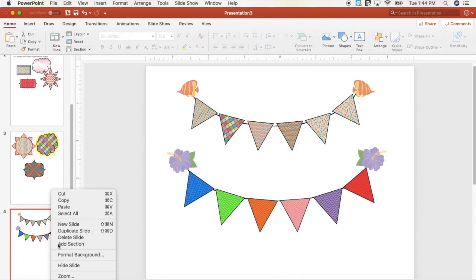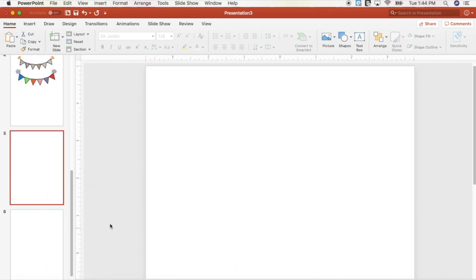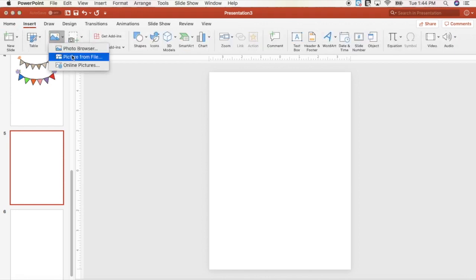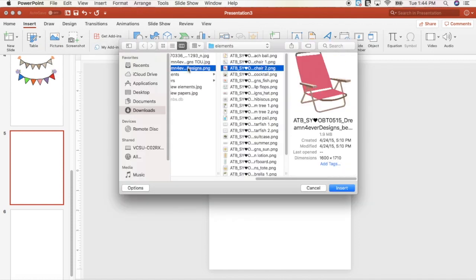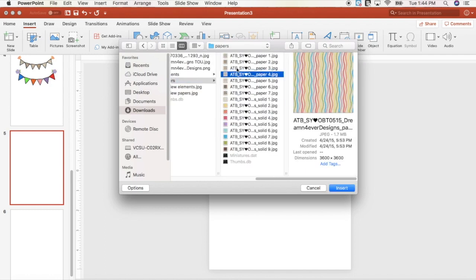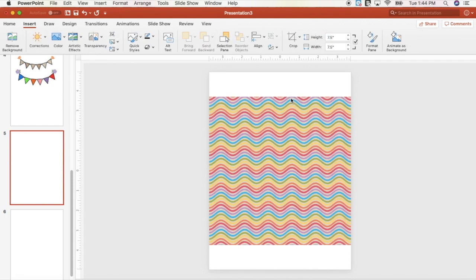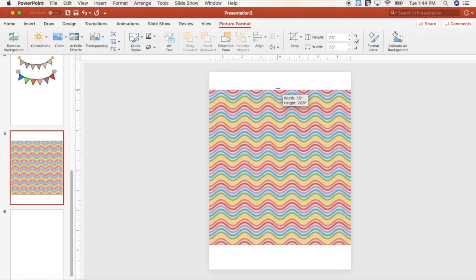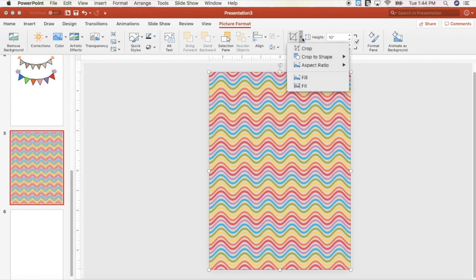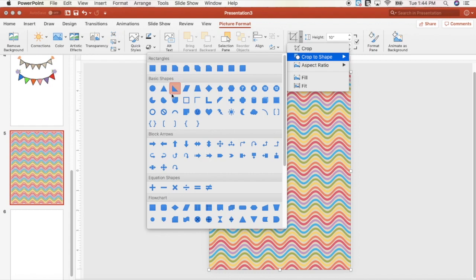So a fun way. Another way, if you're looking at wanting to create a pennant, a large pennant for your classroom, if I started on a new slide and we saw the whole page as a slide, and we were to insert one of our digital papers, there we go. Depending upon how big your digital paper is, that's how it'll crop it to be within that size. So if I wanted to have this whole item be a pennant,